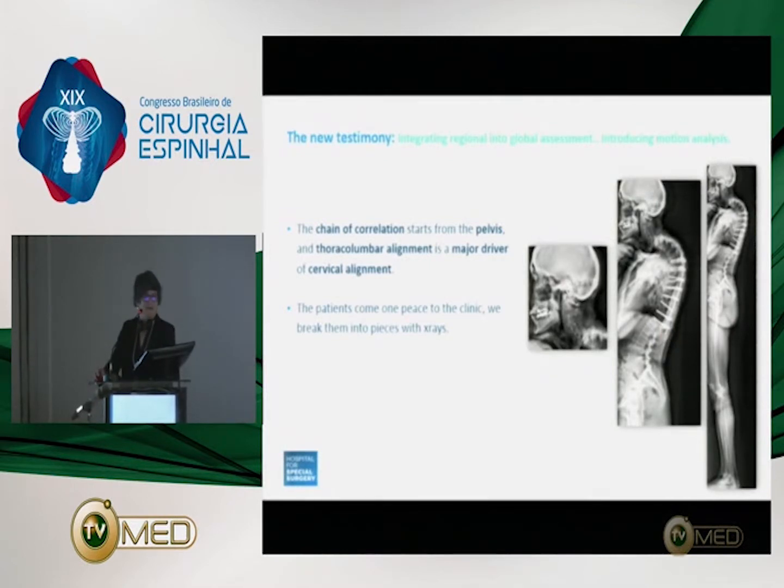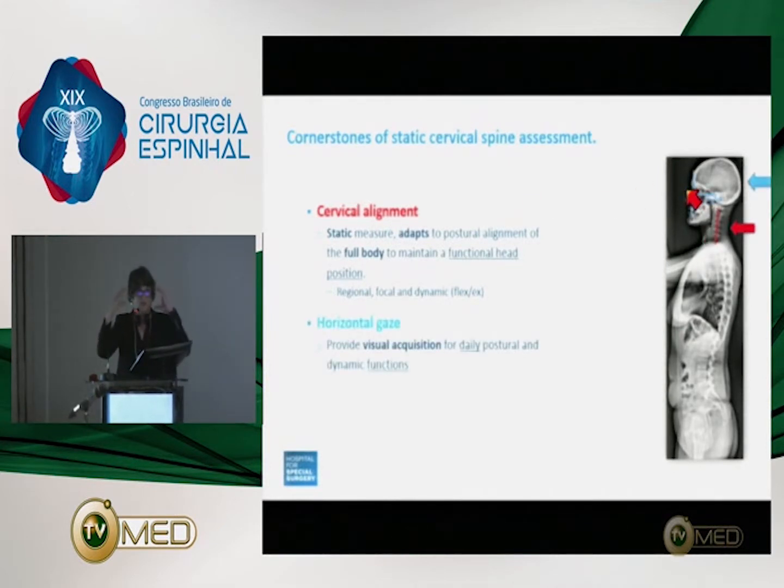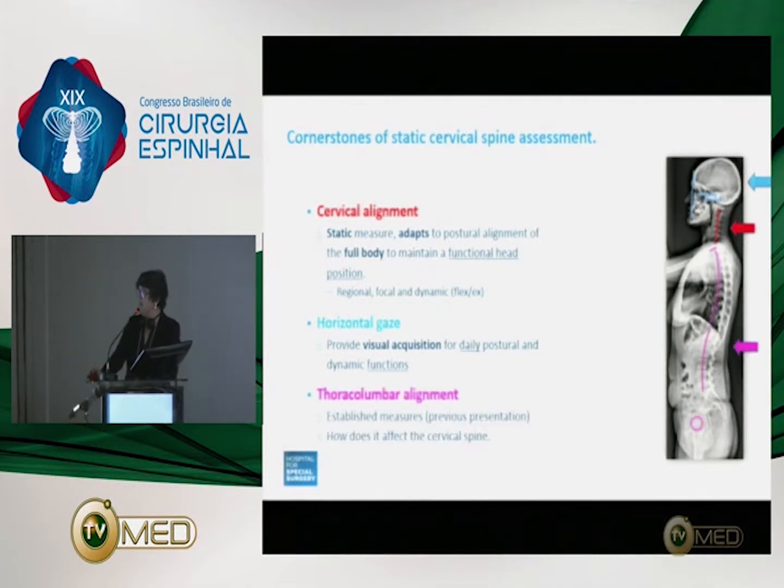components. And so one way to think about the radiographic evaluation of the cervical spine will be like, okay, I'm going to look at the cervical alignment, and we can go over some of the parameters, but I also want to make sure that I know how to evaluate the horizontal gaze, because that's what you need to function. And then I want to make sure that my cervical spine matches whatever is happening below. So match the thoracic, lumbar, and pelvic alignment. And you will see, if we stop talking about too many parameters, it will make sense. It starts to get very confusing when we put too many parameters.